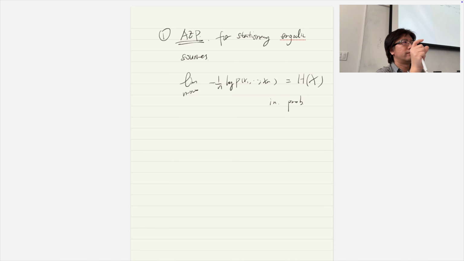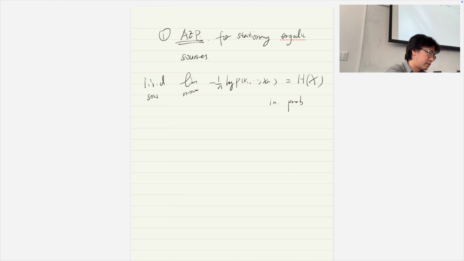So if we say two random variables x, y are jointly typical, we define it this way. In that case, the definition of joint typicality for strong typicality is much easier than this entropy typicality. I just mentioned that, but later on you're going to see why that happens. So this is basically the definition of typicality, the AEP property for the IID